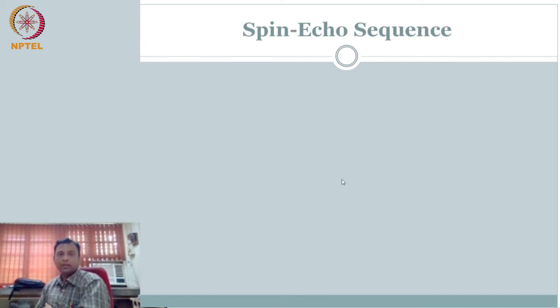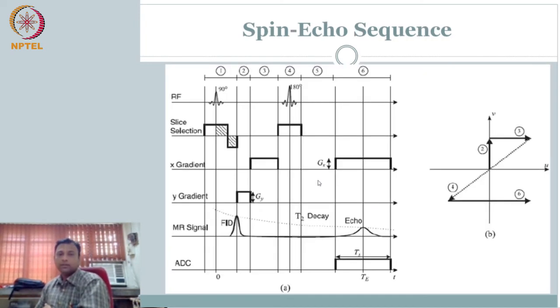So how do we write the spin echo sequence? Nothing changes. RF is the same. You do 90-degree. You do the slice selection. So you have picked your slice. Nothing new here. Once you pick the slice selection, you are getting some signal, right? But immediately I am applying phase encoding, but I am not recording the signal. I am applying the phase encoding.